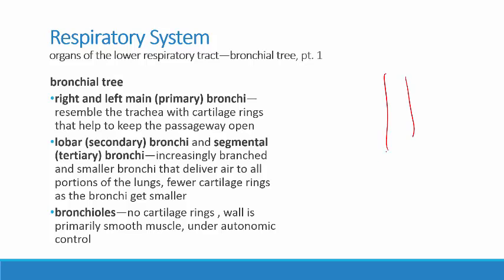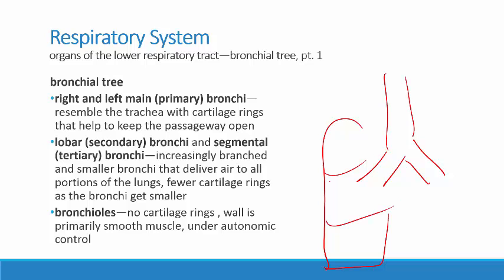So here's the trachea, right and left primary bronchi. And then the lungs are built on the right side out of 3 lobes. On the left side, slightly smaller lung, and there's only 2 lobes. So as the bronchi enter the lungs, there is another split